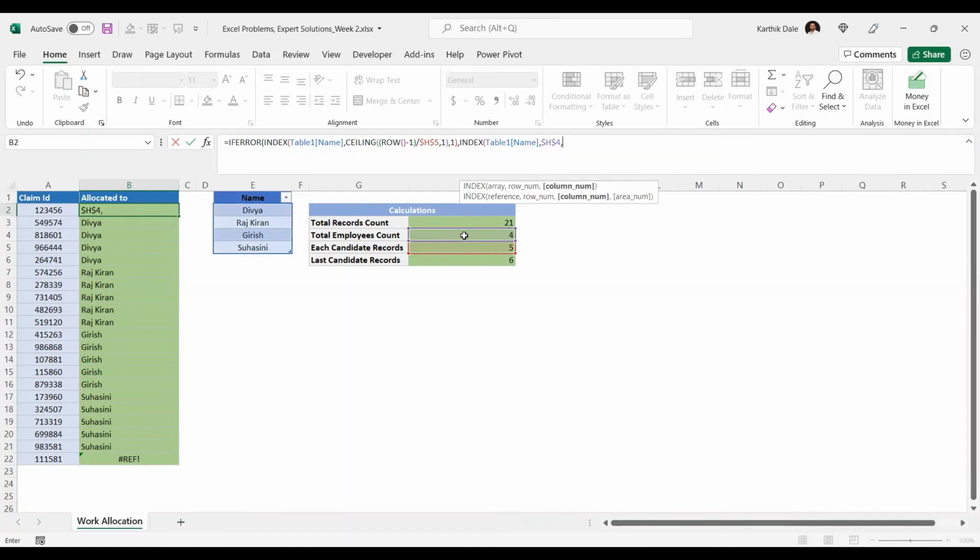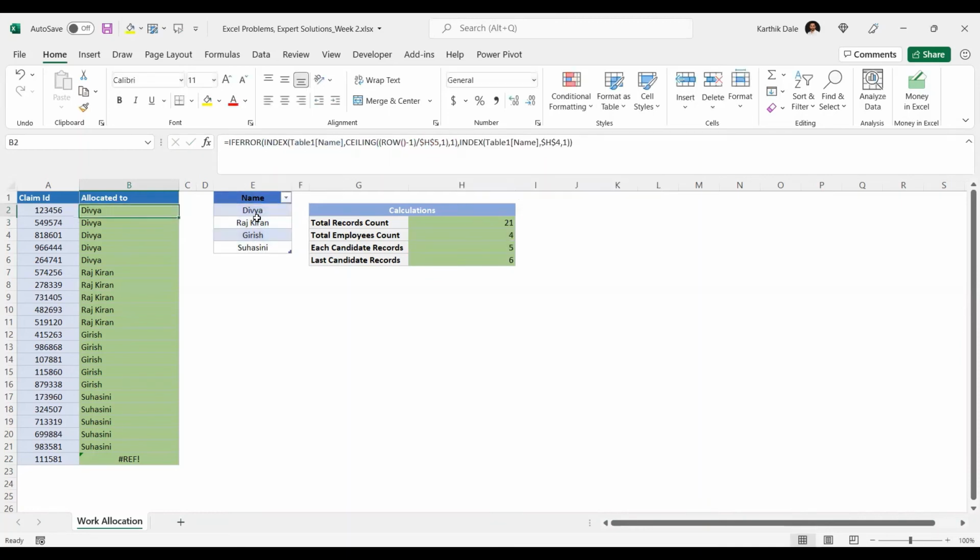Comma, one column, only one column we have in this array, bracket close for the INDEX and bracket close for the IFERROR. Enter, send it down. Now you see it is giving this correctly: 5 records, 5, and the last record is 6 records. So the last record counts as 6, and that's what it is showing here.